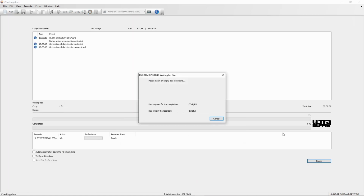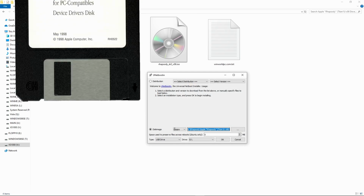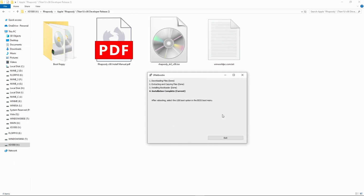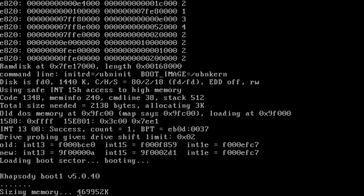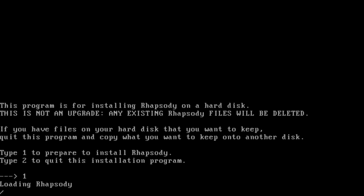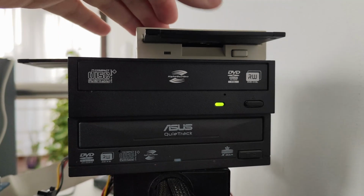And one thing missing from this setup is a floppy drive. The challenge here is that we need two floppies, the boot floppy and the driver floppy. While the boot floppy can be dumped onto a USB stick using a program like UNetbootin, and it will boot just fine, there's a catch. As soon as we remove the USB stick to insert the second floppy image, the emulation magic falls apart, and